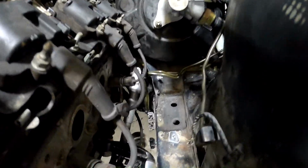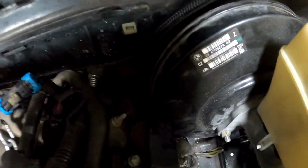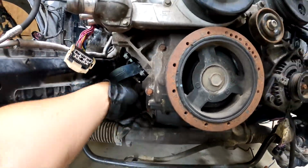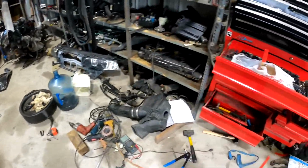But look how much room there is. It's crazy. It's a little close here, needs to be moved a little bit. But I deleted a bunch of wires in the back. And this is how she looks now. It's not too bad. Super pumped. And also got my